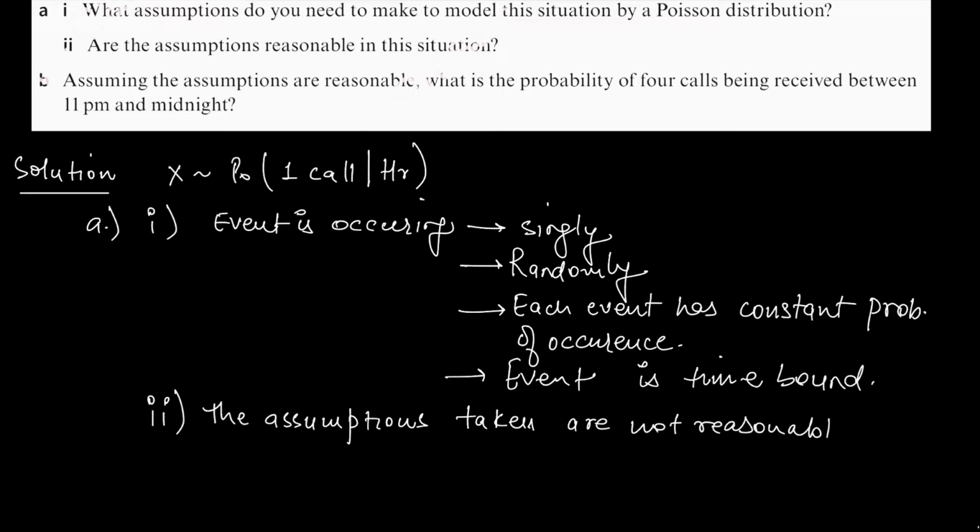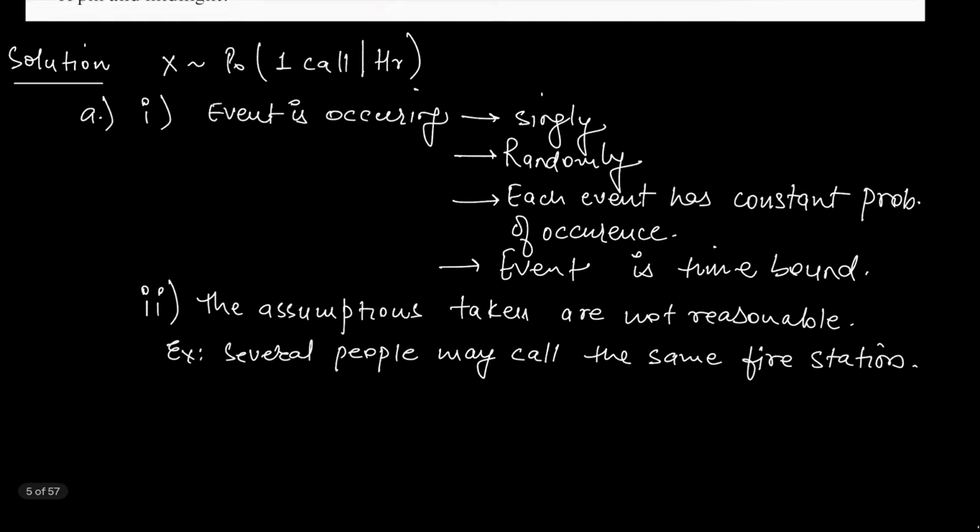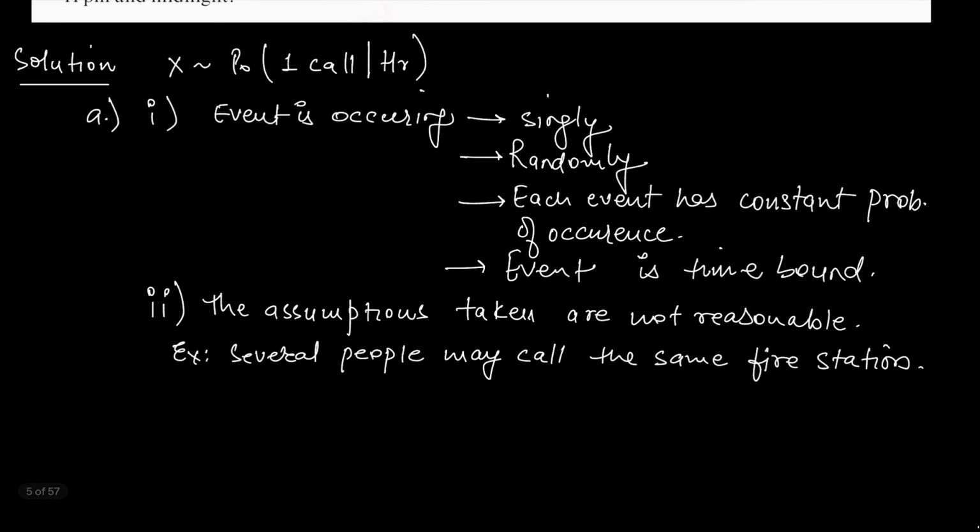You can just imagine that a fire station is receiving the emergency call. So the emergency call can be made by one person again and again, right? So I can write down that example. Suppose several people can make calls to the same fire station on a repeated basis. So this can be a reason that the given situation cannot be modeled by Poisson